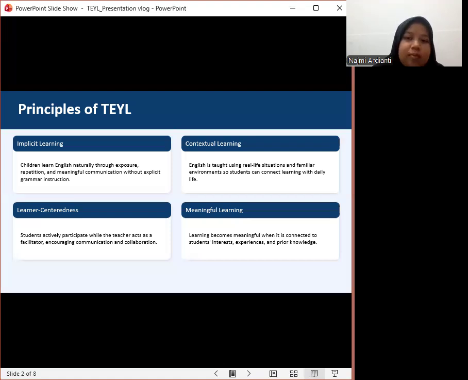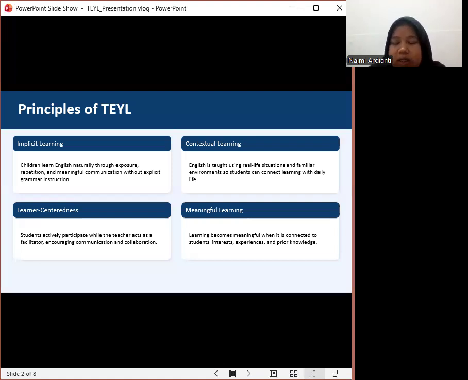And the third principle is learner centeredness. Here, students should actively participate in the learning process while the teacher acts as a facilitator who guides and supports them. And finally, meaningful learning.